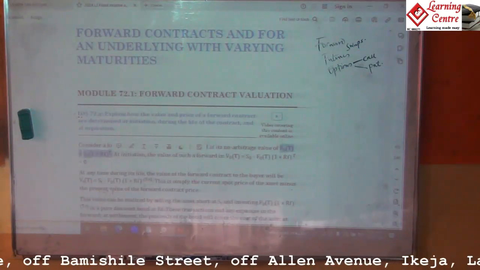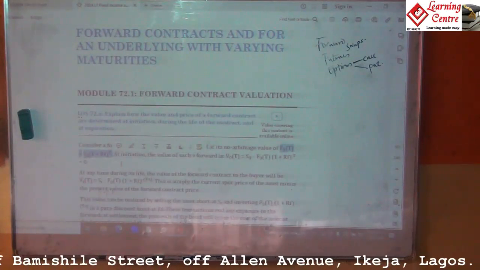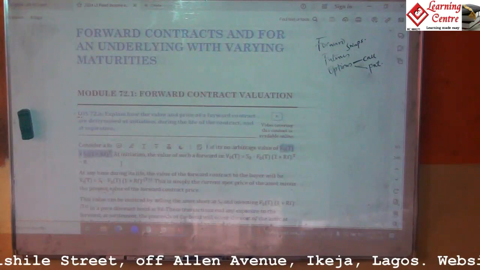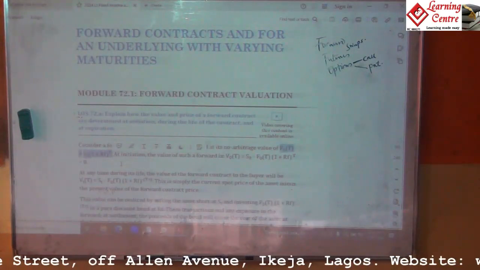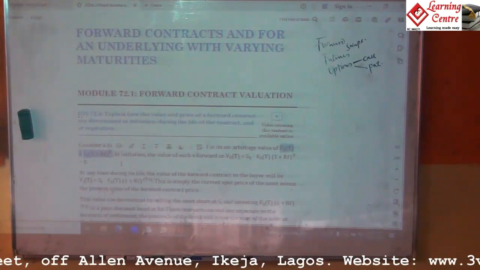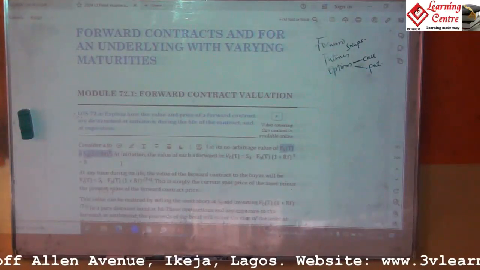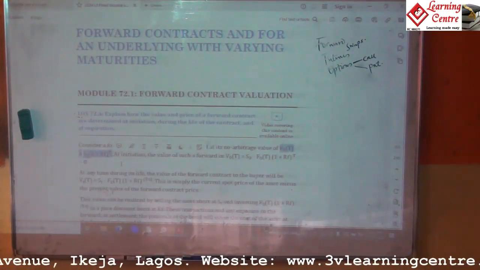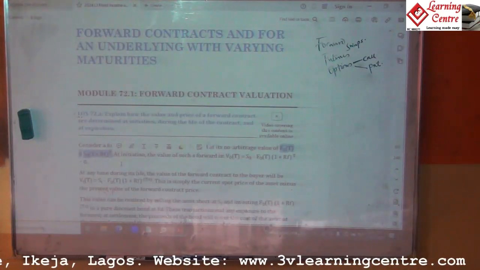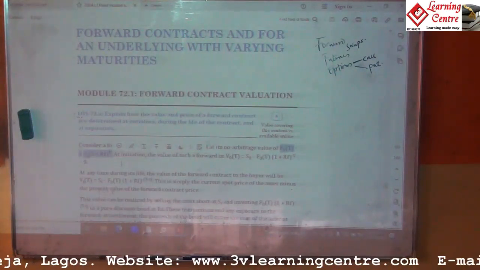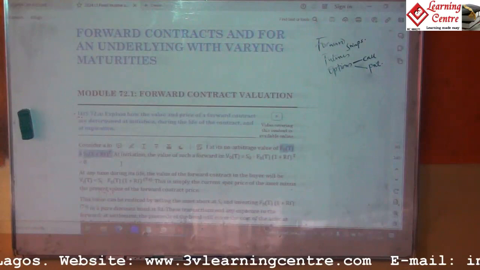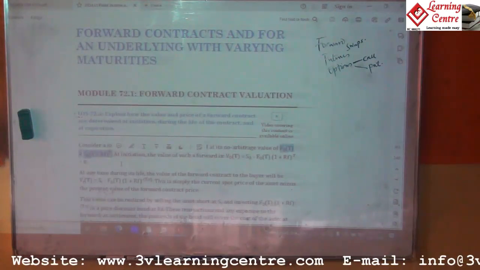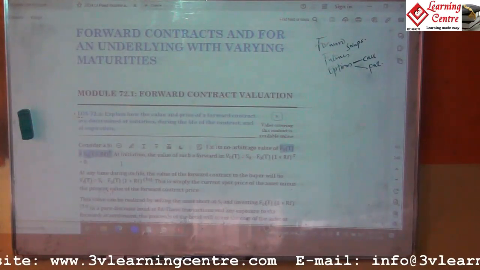And then we said at initiation, the forward contract value is 0. We spoke about this because there is nothing that is happening. We have just agreed to do something. We have not transferred anything between the two of us. And we said, okay, even during the lifetime as well, it's the same thing because you are not changing,